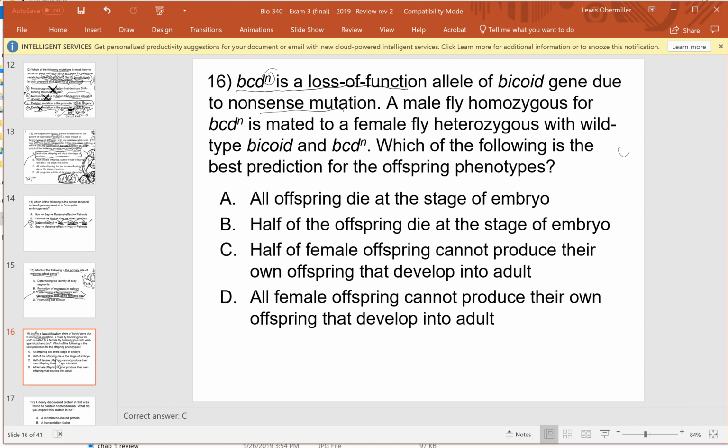So here's the male. This one is homozygous for BCN. BCD N, which is nonsense, which means it's broken. And this is BCD N. So both of these are broken. And the reason that this fly can exist